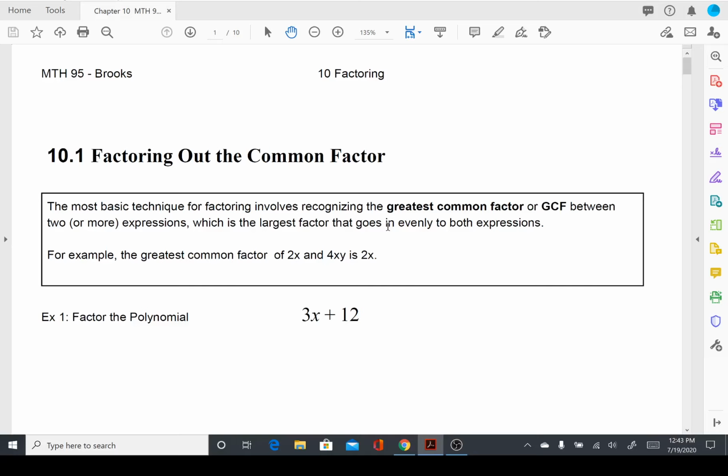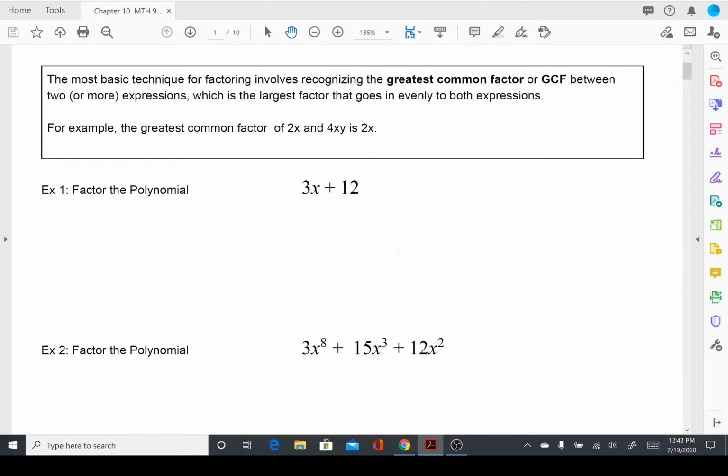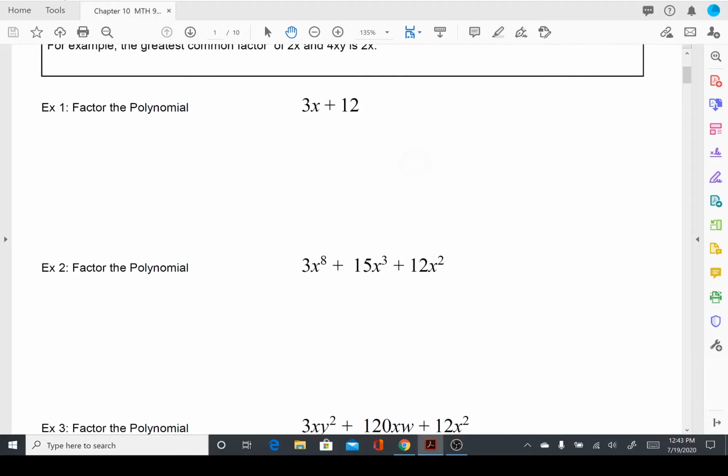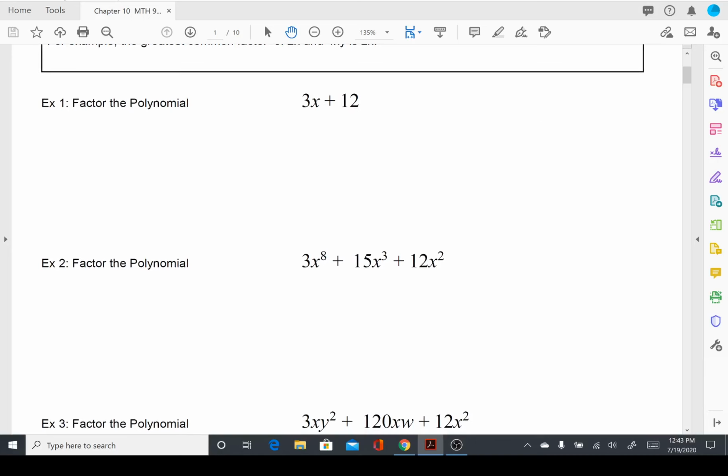So, for example, the greatest common factor of 2x and 4xy is 2x, because 2x goes evenly into 2x, perfectly in fact, and 2x goes into 4xy because the 2 goes into the 4, and you have the x in that term as well. I'm going to do an example or 3 here that shows you how you can factor